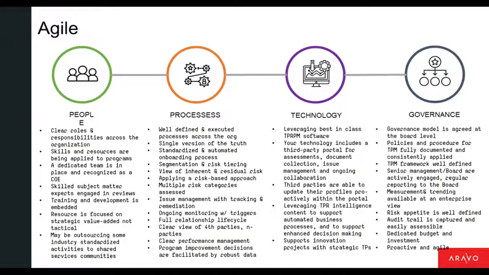Great, which sort of takes us to the agile stage. And I guess agile isn't so much a stage of being. The key here is to be able to stay in it. So here at the agile stage, all your people, your processes, and your governance are all really optimized, and technology is enabling all that. At this stage, you've got a 360-degree view of risk.